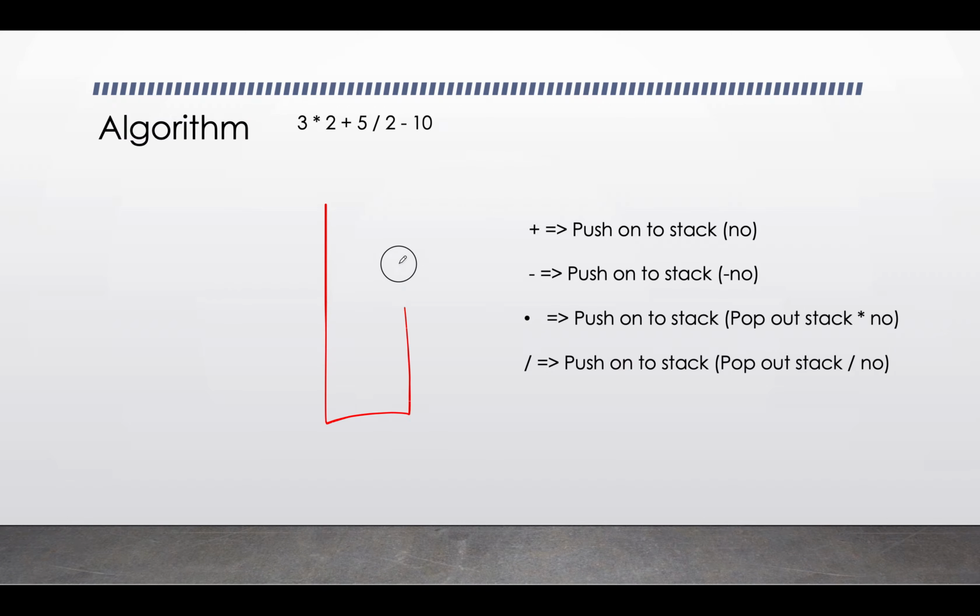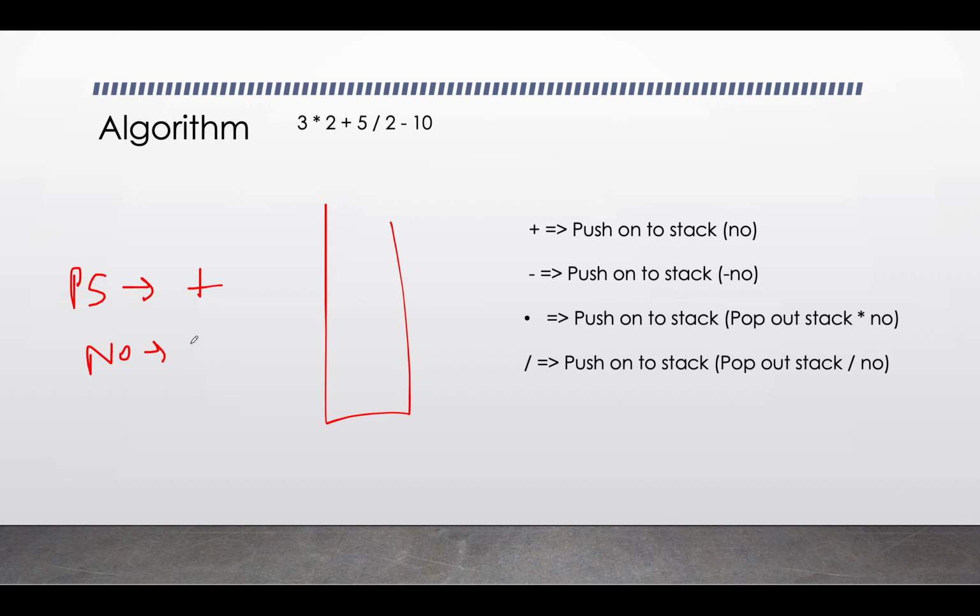We use a stack, and these are the rules that I have specified. You will keep track of the previous sign, or the previous operator that you saw, in a variable known as PS, previous sign, and by default the value will be plus, since plus is a no-op. Also, you'll keep track of the number that is currently being formed in a variable named number.